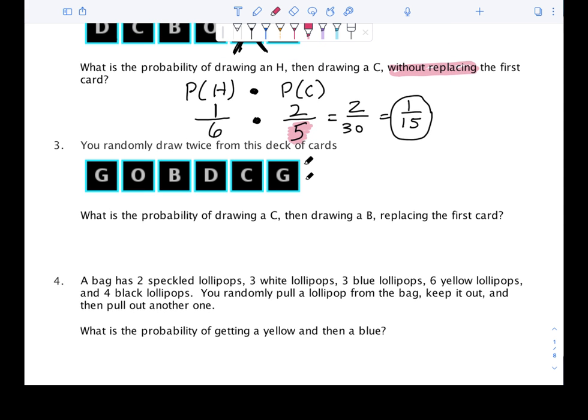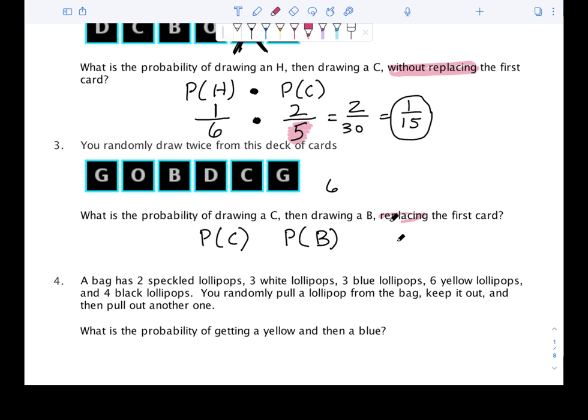Okay, so you randomly draw twice from this deck of cards. I automatically start observing some things. There's 6 of them. What is the probability of drawing a C and then drawing a B,